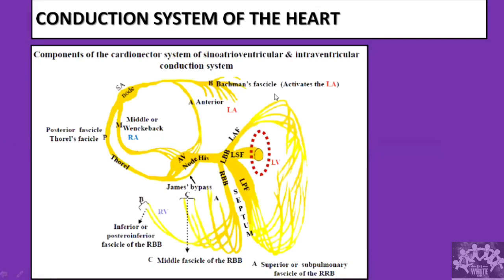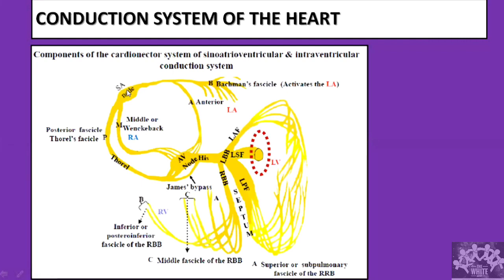Okay, fine. So I'll go to the next concept, which is the important concept, without which we can't understand what is happening at the level of the heart, which is the conduction system of the heart. So the conduction system of the heart, we'll begin with the SA node. The SA node is the first component, the pacemaker of the heart. The reason why it is called the pacemaker is because it fires at the maximum rate, which is 60 to 100. That is why our heart rate of 60 to 100 is said to be normal.